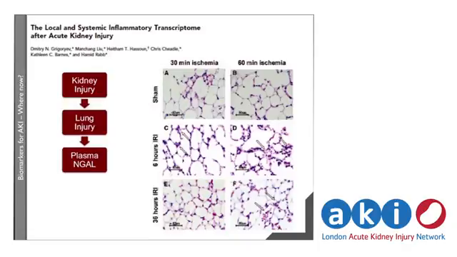And partially this was related to the fact that NGAL's a marker of systemic inflammation, and perhaps even the plasma NGAL, some people theorised that plasma rather than urine NGAL could actually be going up indirectly. It wasn't coming from the kidney, but the kidney injury was associated with lung injury, associated with raised plasma NGAL, and there was one paper here that demonstrated lung injury in association with kidney injury and NGAL expression in the lungs.